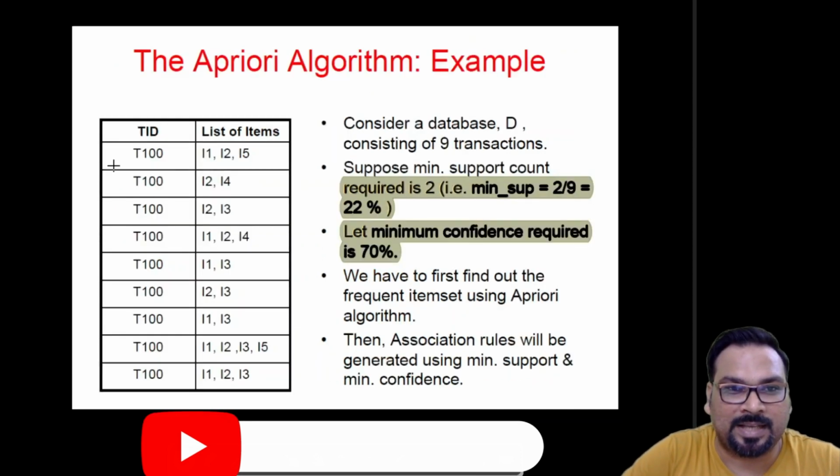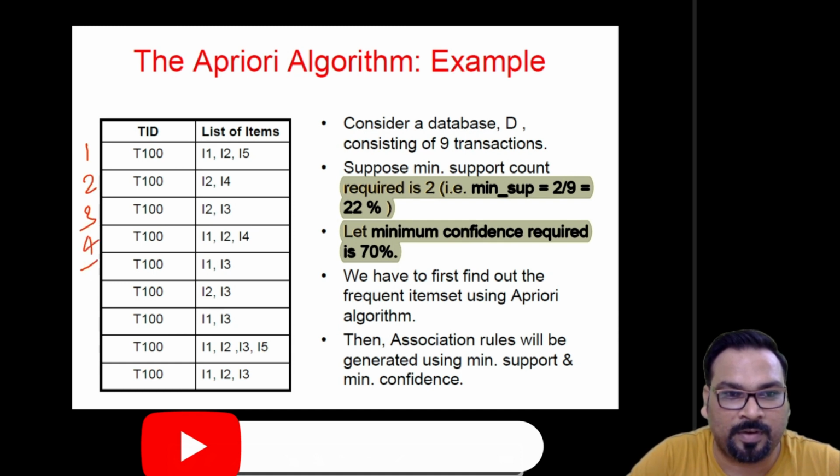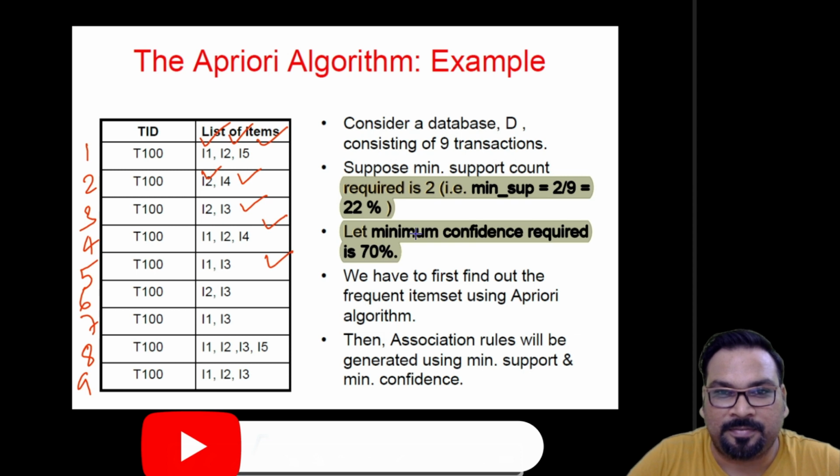So this is the example. Here we have 9 transactions: transaction 1, transaction 2, transaction 3, 4, 5, 6, 7, 8, 9. In the first transaction, somebody purchases 3 items: item 1, item 2, item 3. In the second transaction, some person purchases item 2, item 4, and so on and so forth. So here in this problem itself, we